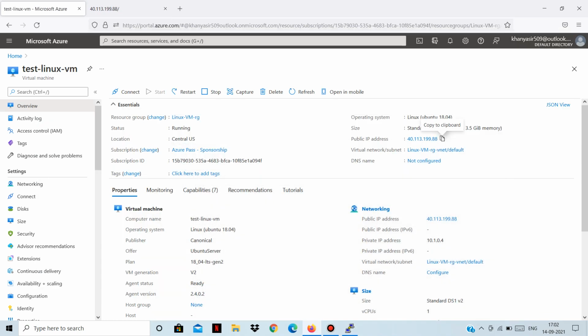So this was a demo of how to host a simple workload or website in the Linux VM running in Microsoft Azure, and the location of this Linux VM server is the Central US region. It is running in one of the data centers in the Central US region. I hope you enjoyed the demo. Now we have seen how we can create a Windows and Linux virtual machine, and how we can deploy a basic workload in both of these types of machines.